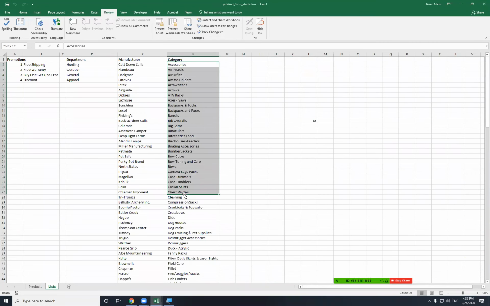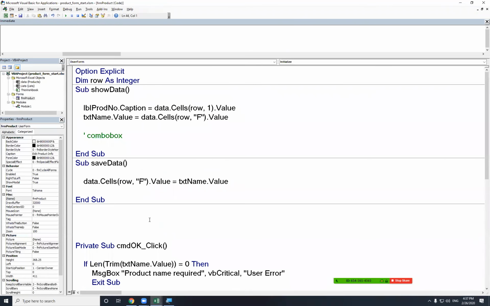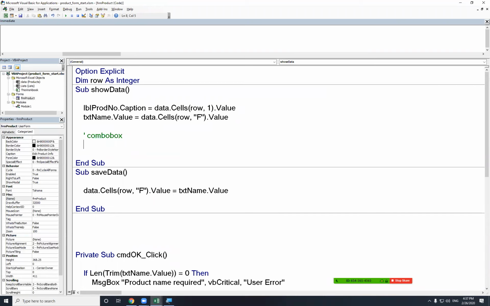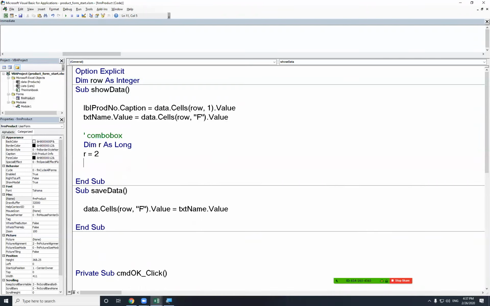And so category is here in column F. So let's just kind of quickly, and this is a loop that we've done several times in our short VBA lives so far. But let's just go ahead and knock this in. Dim R as a long integer. We'll start R off equal to 2. We're going to do until, and what's the name of the sheet? The sheet actually has a code name of lists. Lists dot cells, row number R, column number happens to also be F, dot value is equal to a 0-length string,